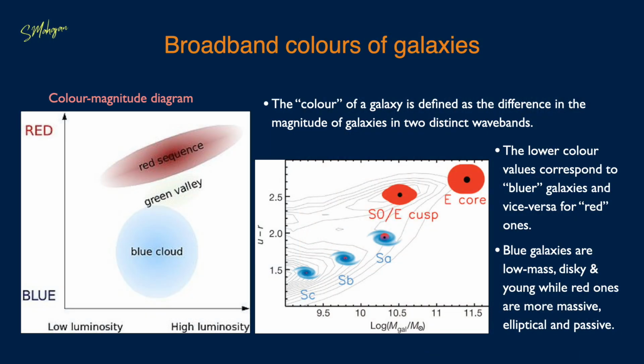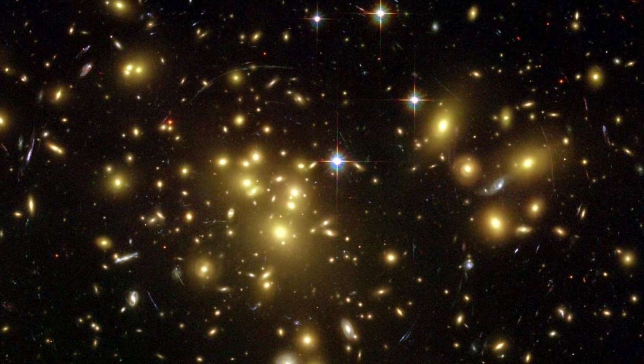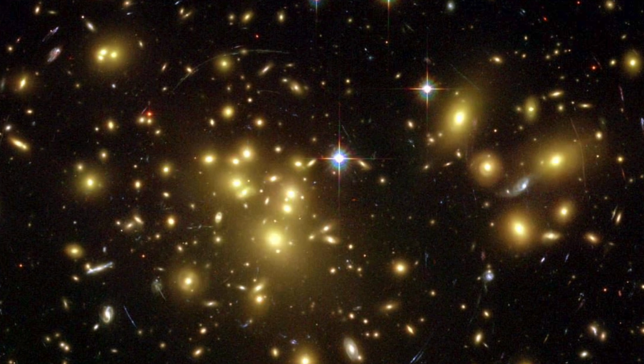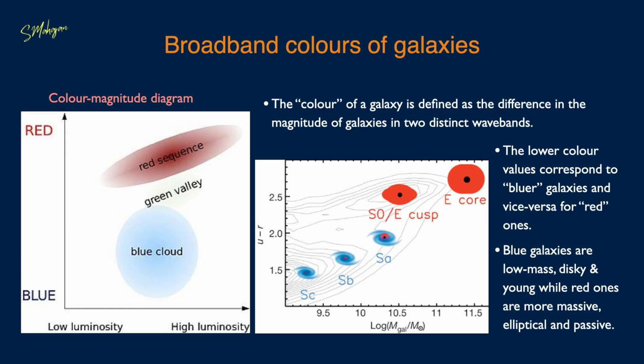As discussed in our earlier video on the introduction of galaxies, broadly galaxies can also be classified into red and blue ones. The more massive a galaxy, the more it is affected by its environment. For instance, giant elliptical galaxies found in the centers of galaxy clusters have been shaped by the relentless gravitational pull of their surroundings. On the other hand, spiral galaxies like our own Milky Way have had a more serene existence with fewer interactions and mergers that could alter their structure. But even spiral galaxies are not immune to the influence of their environment.